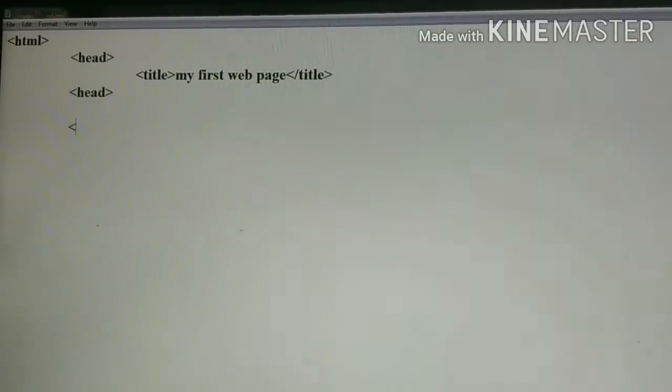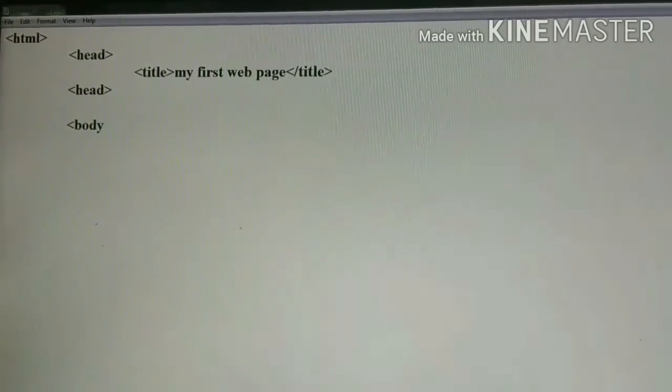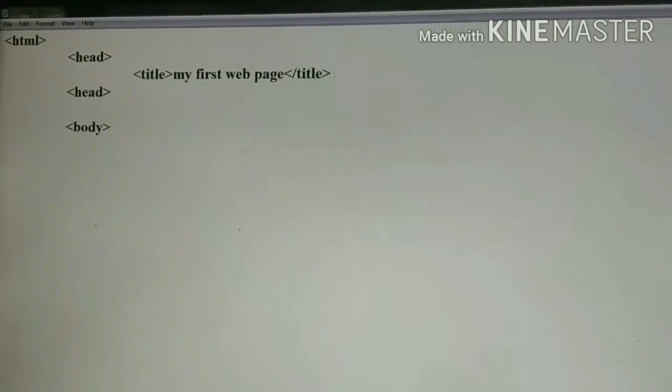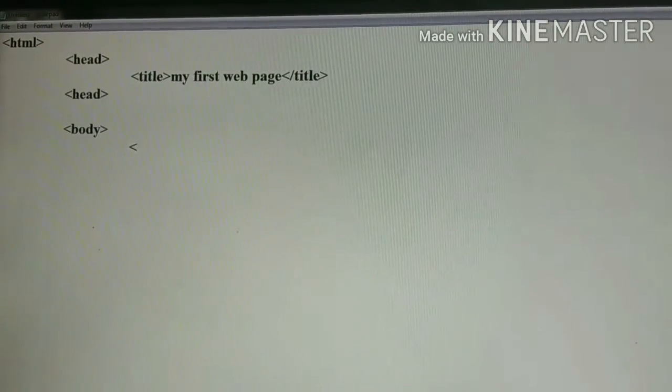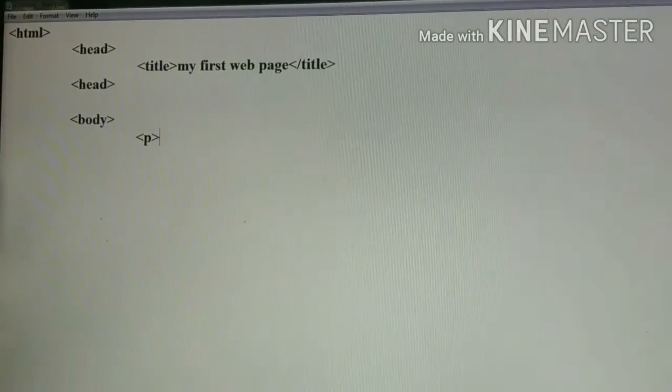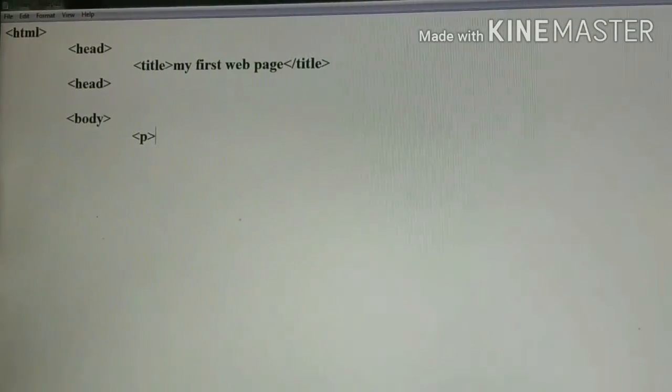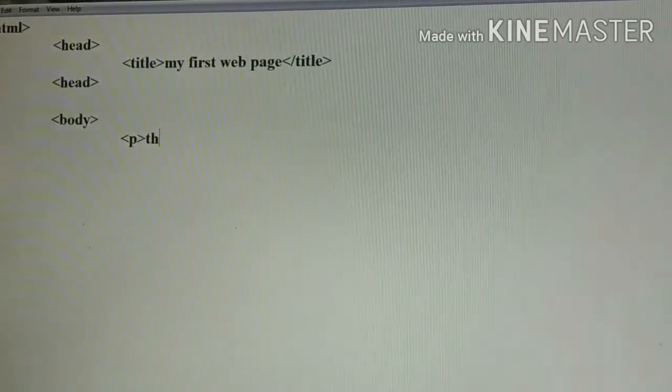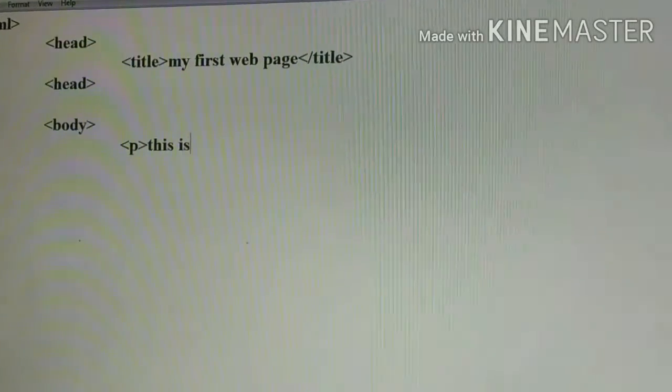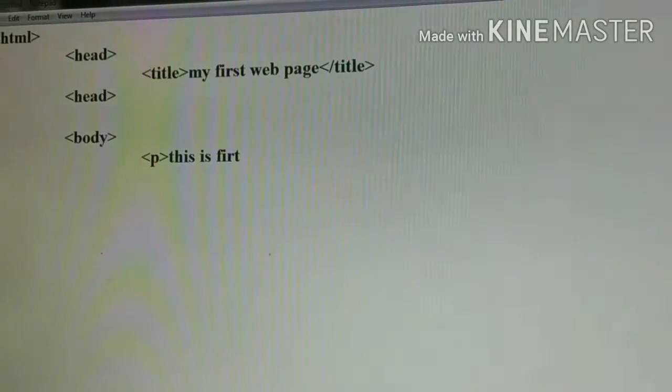So first start the body tag. Only one line I will write down here. We just want to see how to write the code, how to save the file and how to open the file. So I am using the P tag to write in paragraph form, and this is first